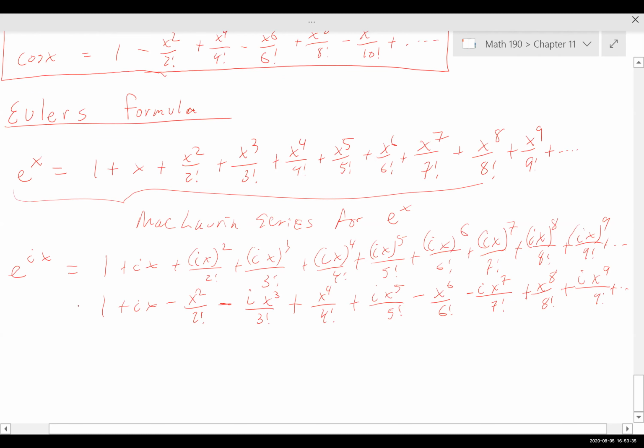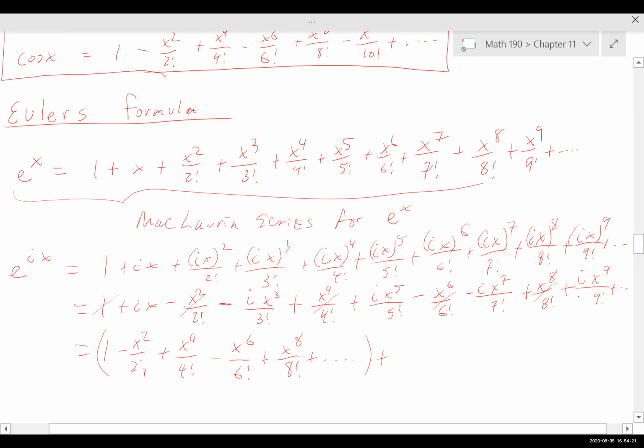This is equal to 1 minus x squared over 2 factorial plus x to the 4th over 4 factorial minus x to the 6th over 6 factorial, plus x to the 8th over 8 factorial plus dot, dot, dot. Plus, now everyone that has an i in it